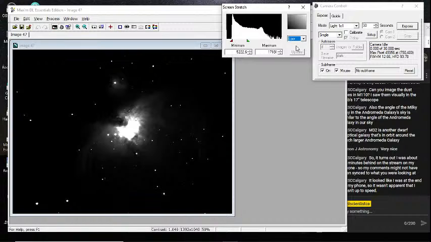So we'll move on to, let's see, the open cluster M34. Oh, there it is. Find where I put my telescope controller.